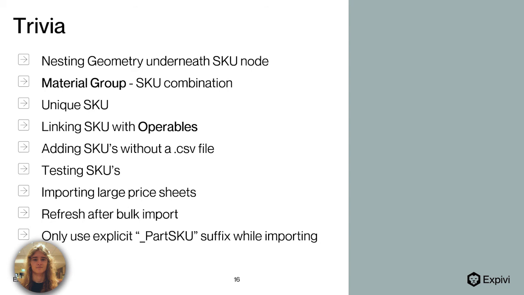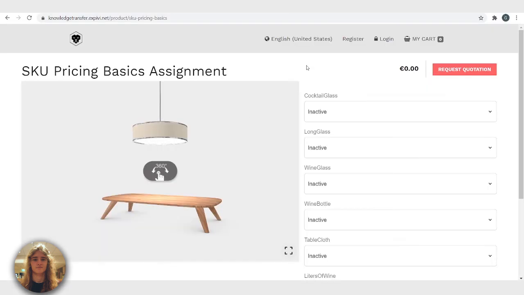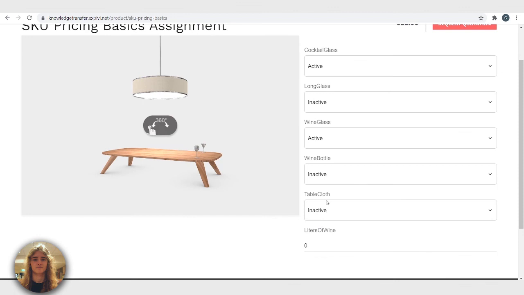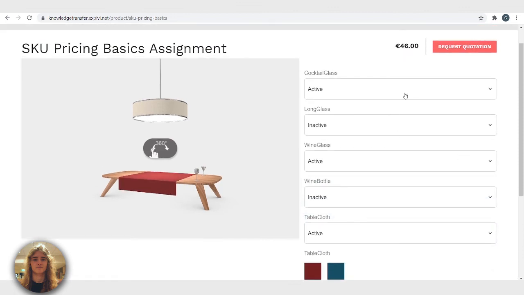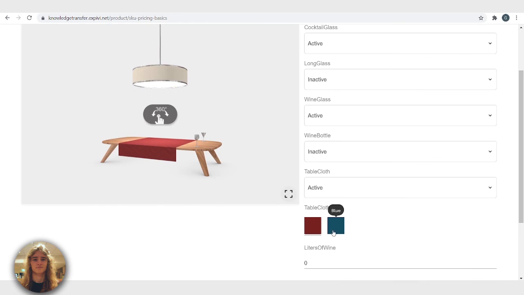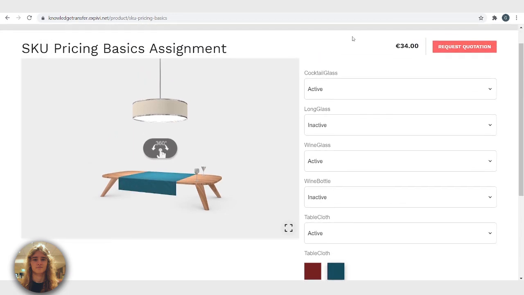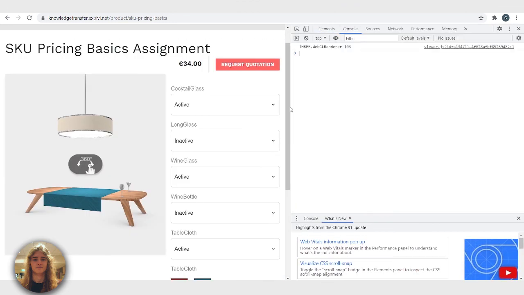Also, a very important topic is testing the SKU prices you've created to make sure you've implemented your changes correctly. You will be able to test the SKU prices within the configured product. So if I now move over to some of the options that will include a price, we can see that the price is already adding up. Now if we head over to Inspect, hit the console panel, and right now I am pasting a command within the console panel, which basically shows me